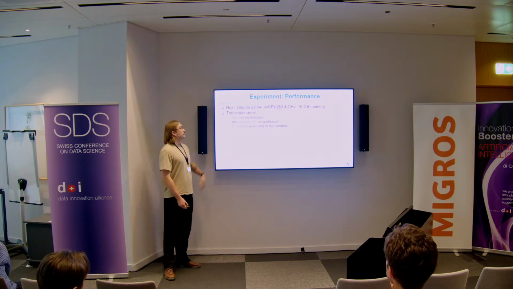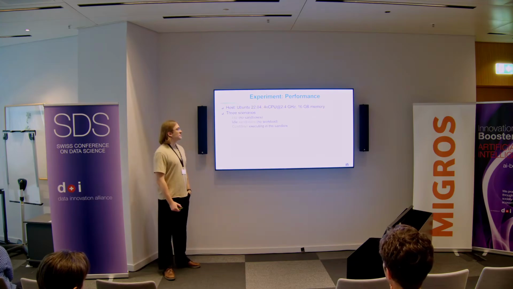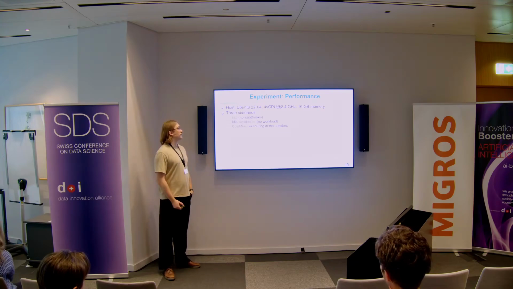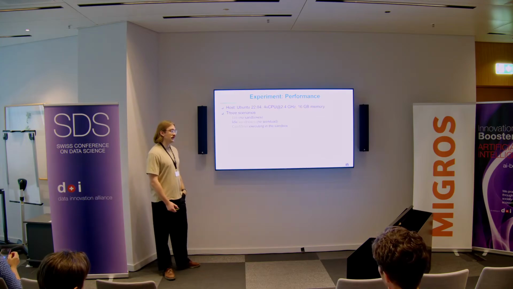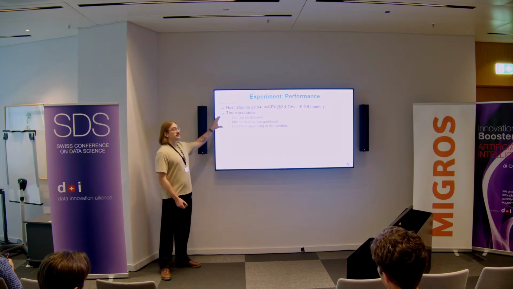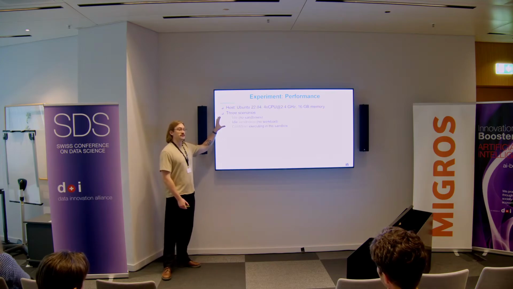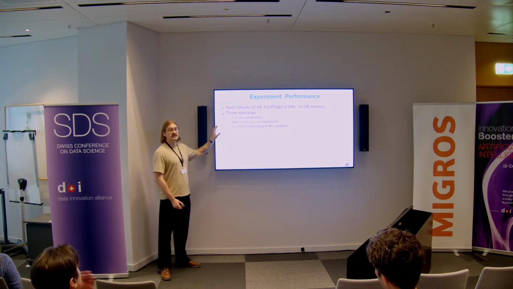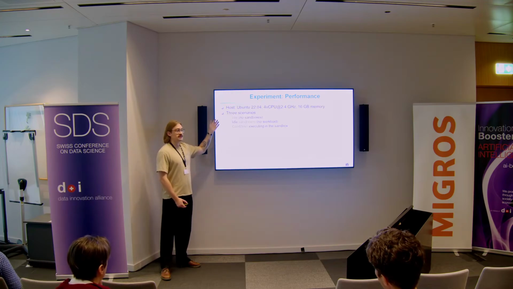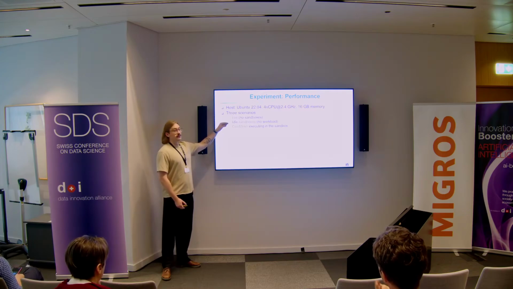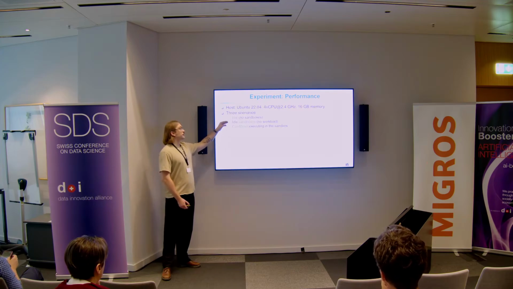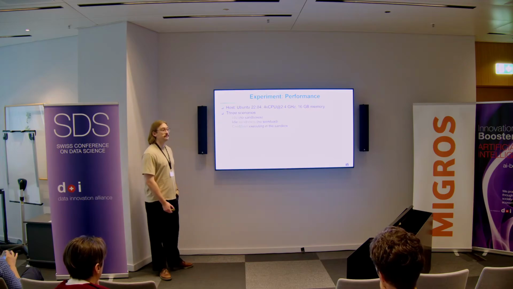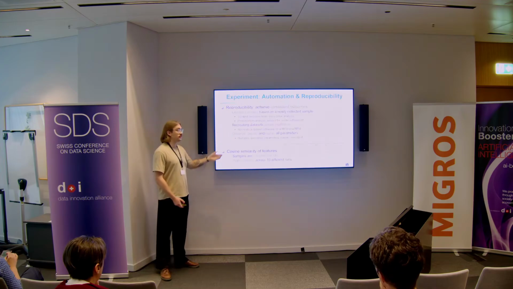Looking at performance, we've used the following server to perform some experiments. It is a very normal Ubuntu VM with 4 CPUs and 16 gigabytes of RAM. We've considered 3 scenarios where we want to measure the resource consumption. First, when we just deployed the overall platform without any sandboxes executing, so this is just basically the backend, the front end, and all of this stuff, but without any containers. Then if we deploy 2 containers, a healthy and an infected one, but not actively executing any workload, and then with one quite aggressive malware in terms of system resources, a coin miner